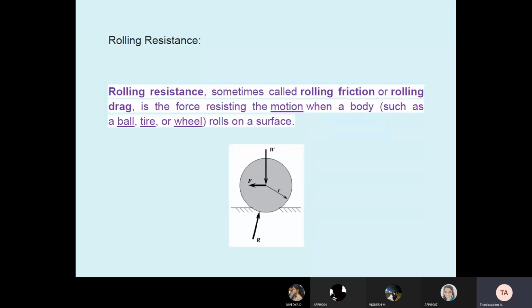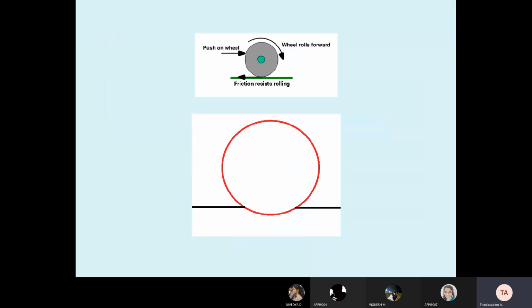So we need some amount of friction, but when rolling, the tire is rolling here. See here. So we want rolling, so definitely we need some force. Then only it can roll. So friction resistance is in the opposite direction. See this diagram, the tire is in contact with the surface. So some portion of the tire at the contact surface goes through a small amount of deformation due to friction. Since the tire is in contact, whenever there is contact there will be a reaction.